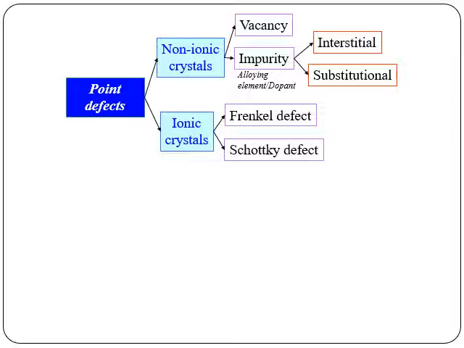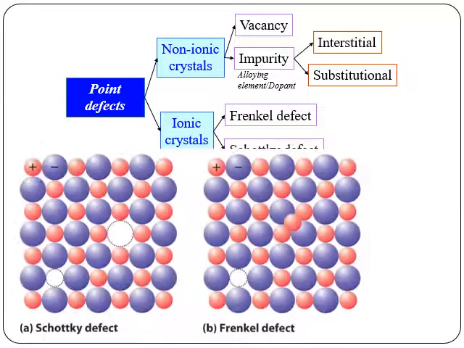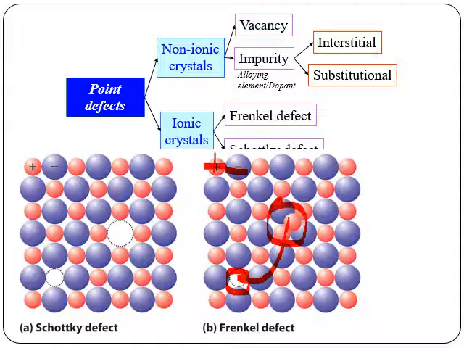You might have studied these things in chemistry. So what exactly does a Frenkel defect mean? Whenever we talk about an ionic crystal, we will have a cation and an anion. Whenever an ion goes missing from its place and is found somewhere else in the ionic crystal, it is not missing away from the crystal; it is missing from its place, but it is found within the ionic crystal.